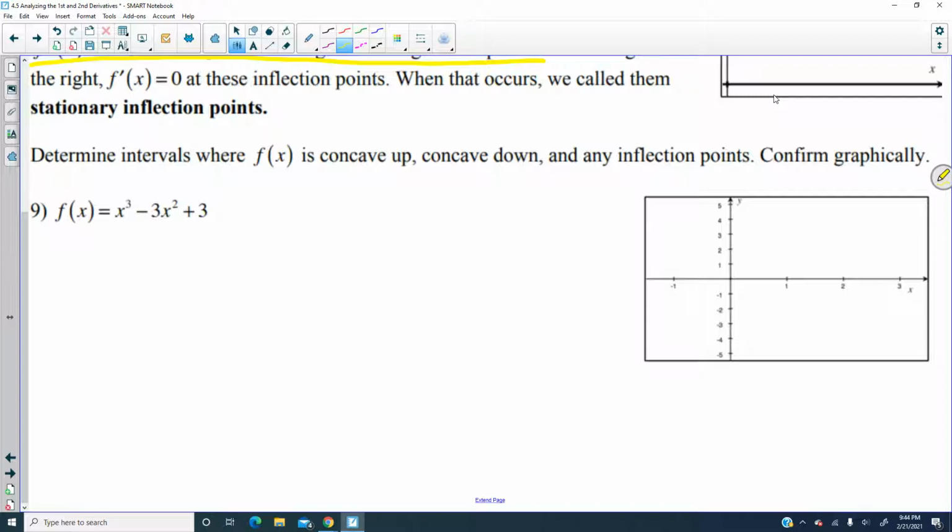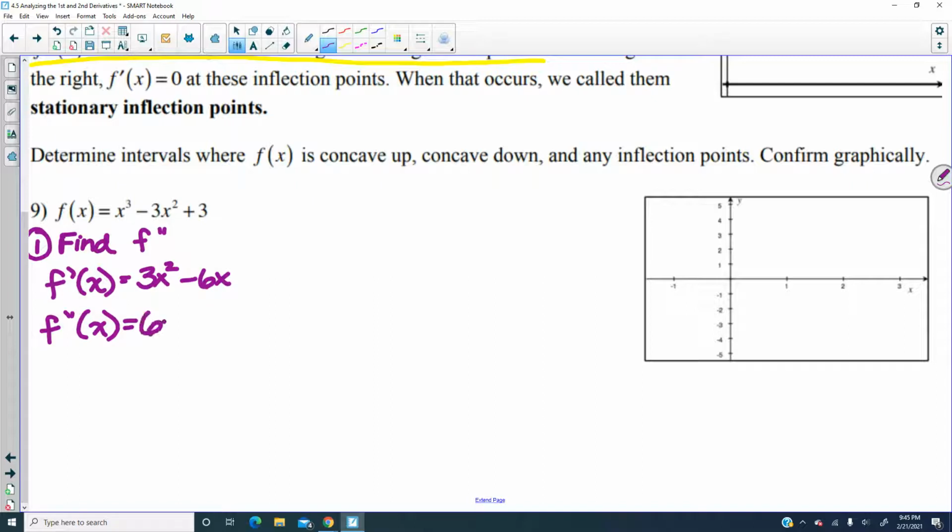So the first thing I need to do is I need to find f double prime. I have f, so I'm going to find f prime first. So f prime would be 3x squared minus 6x. And then f double prime